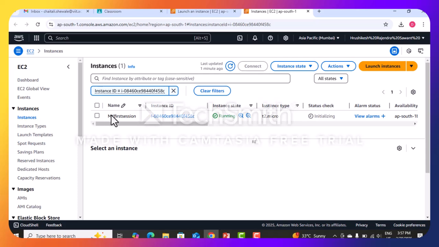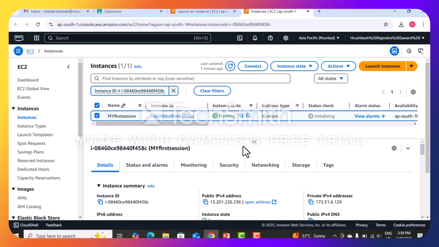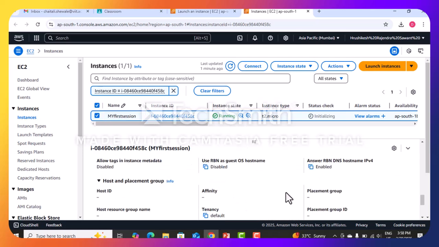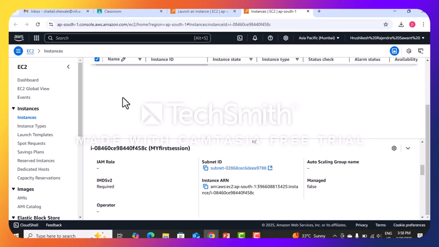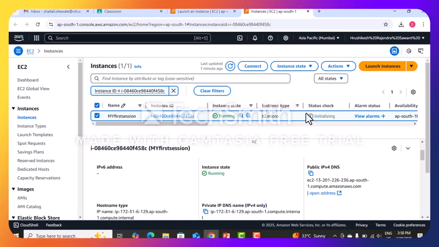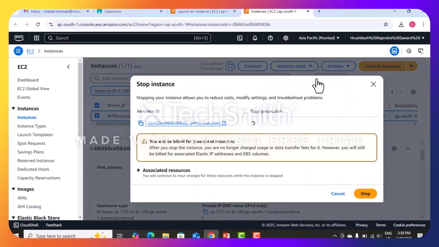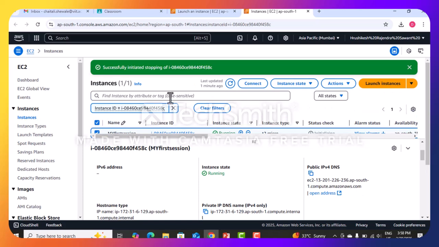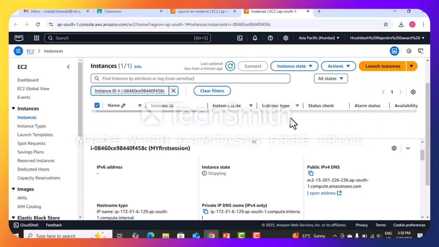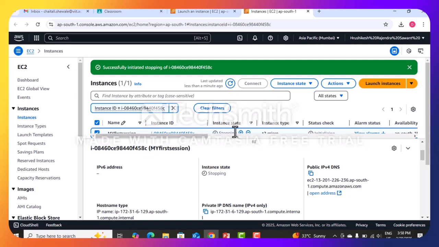Now if I click on this, you will see the different information about the instance which you have created currently. Okay, yes, so if I want to stop the instance, I'll just click on this and say stop instance. Okay, now it will initiate the stopping. It takes a few seconds to stop the instance, and you see the instance state is also changing in this particular